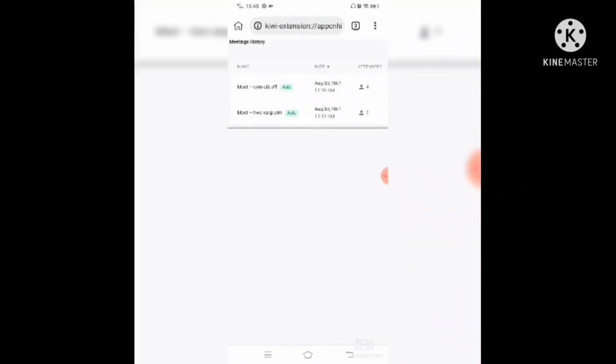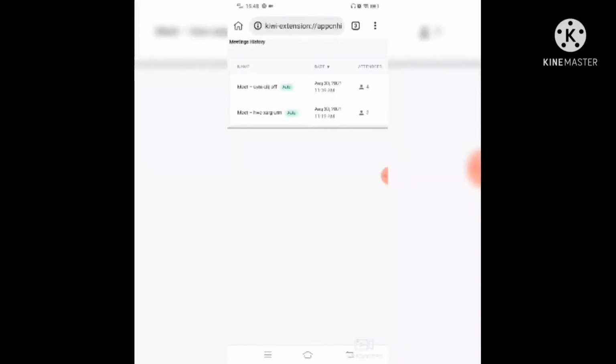The remaining it takes. So when you start a meeting on this Chrome window, it automatically takes your Google Meet attendance. And when you end the meeting, it will display the report of that meeting. If you want to download it, you can download it.